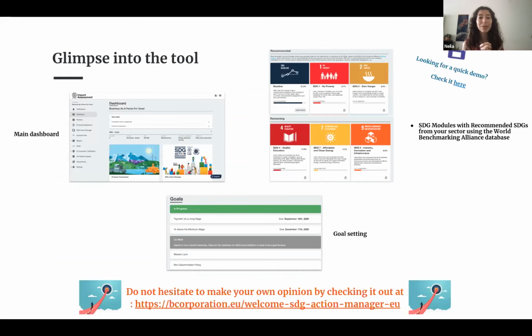But what you can see in those different screenshots is that the dashboards are actually very similar to the BIA for those, again, that are using it already, because it's the same platform. You can also see the different models of the SDGs. When you open the tool and complete the baseline, some SDGs will be recommended to you. It's just a suggestion and a way to guide you in your SDG prioritization step.